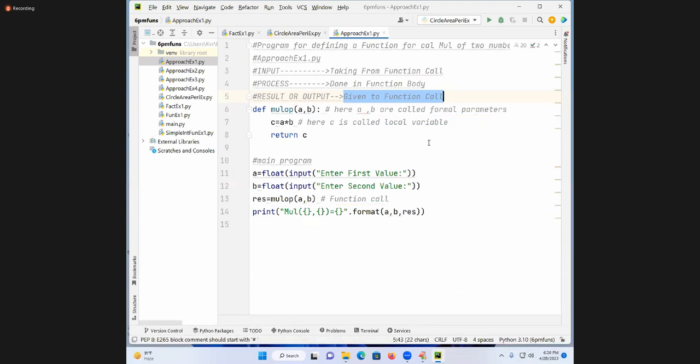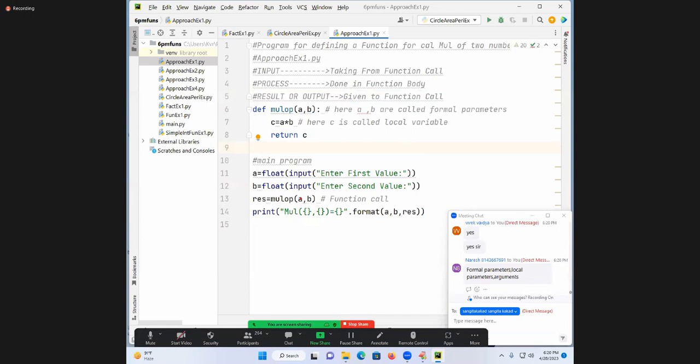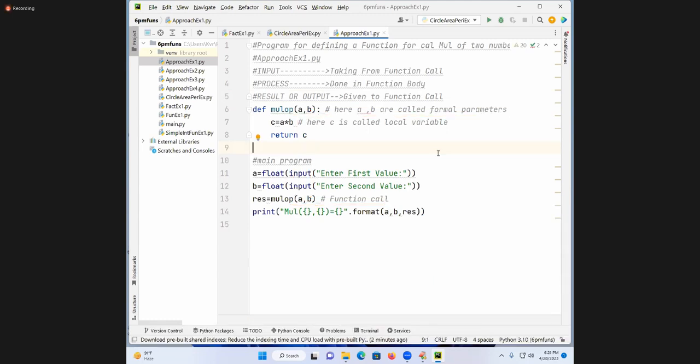Now students, one more question I want to ask you. What is the relation between arguments and formal parameters? See, is the A value going to this A or not? Is this B value going to this B or not? What are these A, B here? Arguments. What is the relation between both of them? Each value of arguments is going to where? Formal parameters. This is called what? Arguments passing mechanism. Spell out. What is the relation between the arguments and parameters?